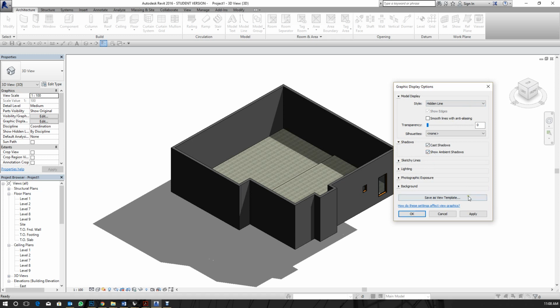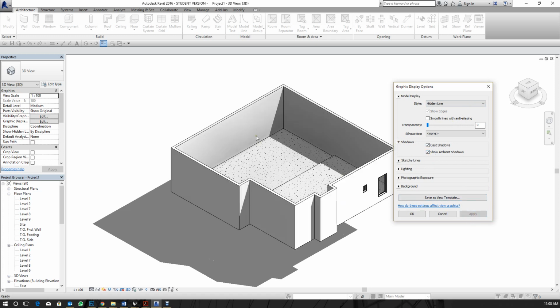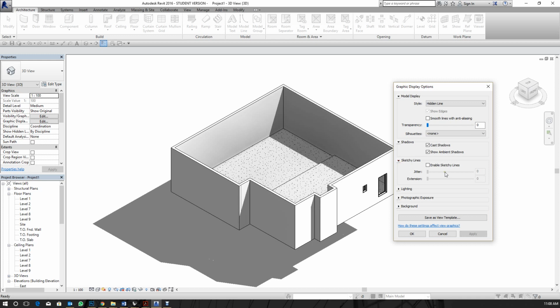Let's show ambient shadows. Let's see what that looks like. It's sort of like an occlusion render with soft shadows on the edge. And there's this thing that the new Revit has. It's called Enable Sketchy Lines. Actually, it's had it since like 2013 or so. I'm going to draw that out, and it makes it look like a sketch,